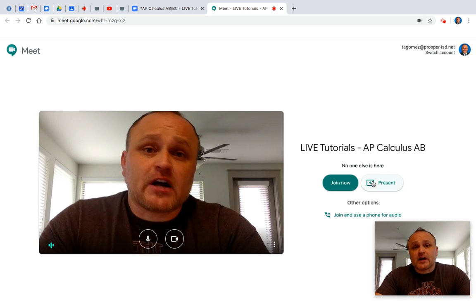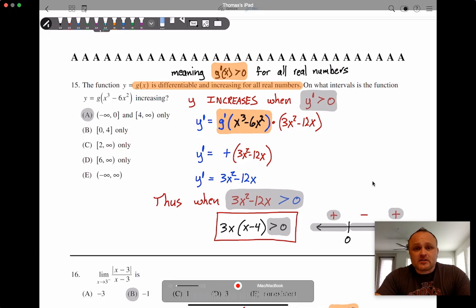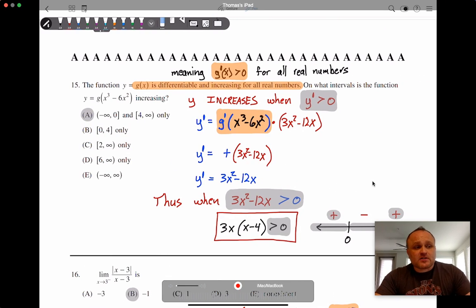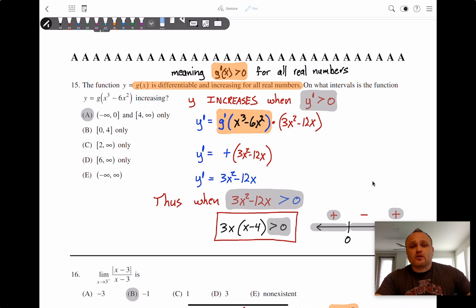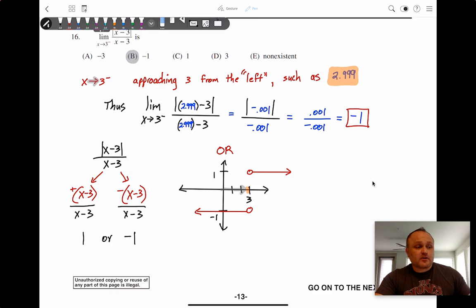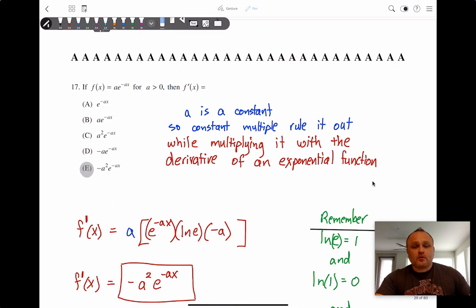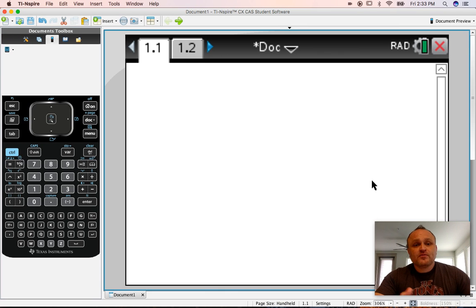It'll share my entire screen, and I can toggle back and forth through these things to where if I need to help someone with a problem here by using annotation on specific problems, I can go ahead and just work through problems. Okay, and if I want to use my calculator, I'm just going to toggle here, and still I'm sharing my screen as if we were on a Google Meet, and you could see me go through the calculator and so on and so forth.